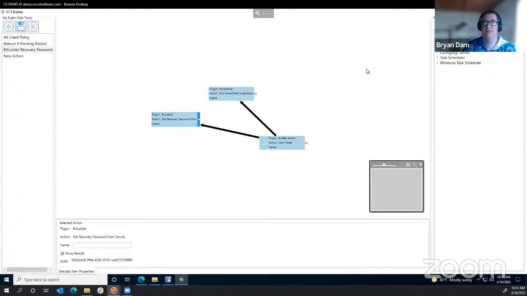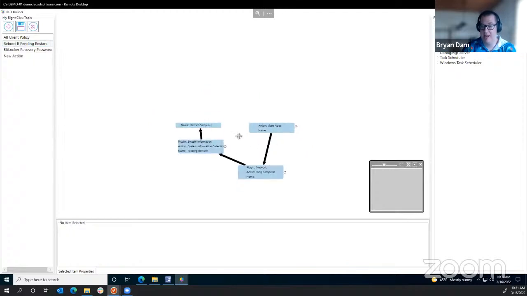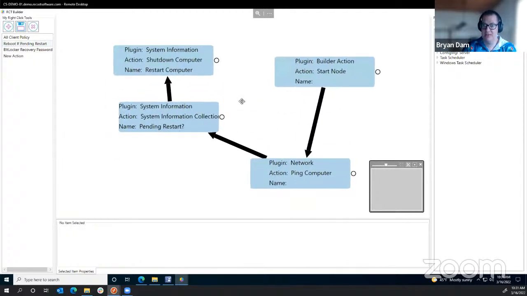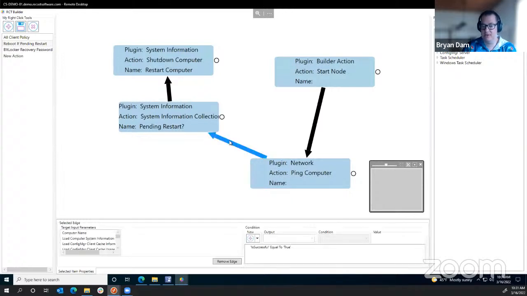Or it had to do with the pending reboot, right? If you look at our reboot if pending restart, what we're doing there is running an action to look at the device and say, hey, is this thing pending a reboot? Now that could actually happen during a longer process of either application or